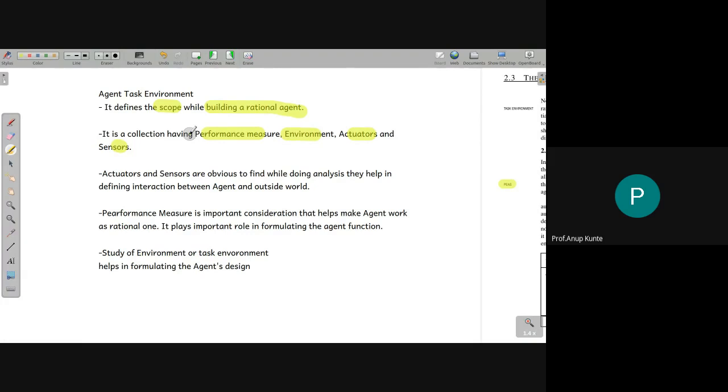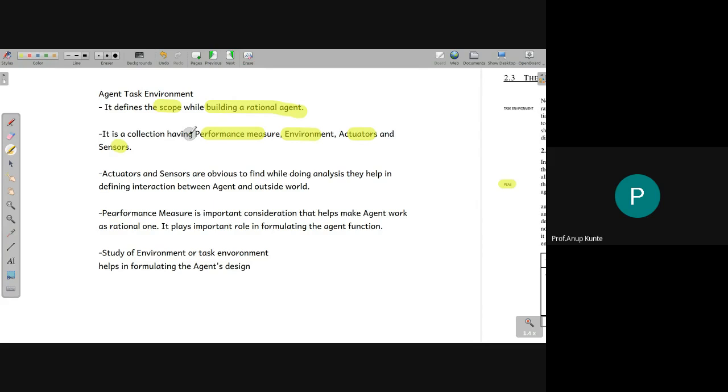So there should be a clear-cut idea of what environment the agent works in. Okay, then only we will know how to model the state of the environment which the agent may be able to manipulate using the actions that it emphasizes using actuators. Okay, so that's the whole idea about the agent abstraction. We have already learned that given a situation we should be able to articulate these four things.